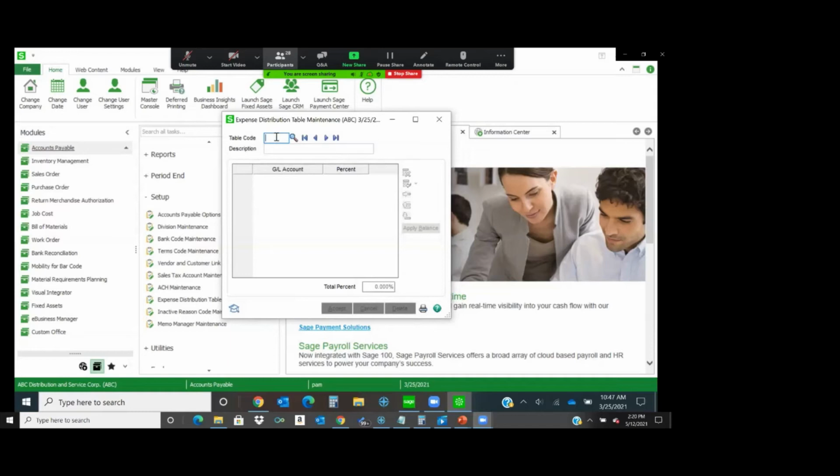giving the table some type of a code that is easy to understand. So, for instance, you could give it a numeric value, 0002, but then are you going to remember what that is? If it's utility, maybe you use something like UTIL, and the description is utilities. So then you're going to go down to the GL account,